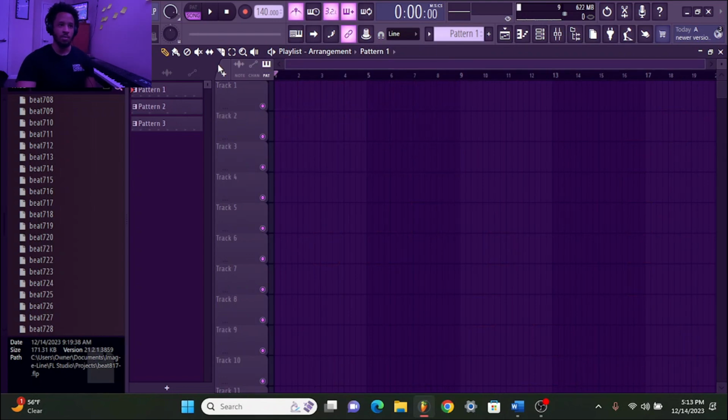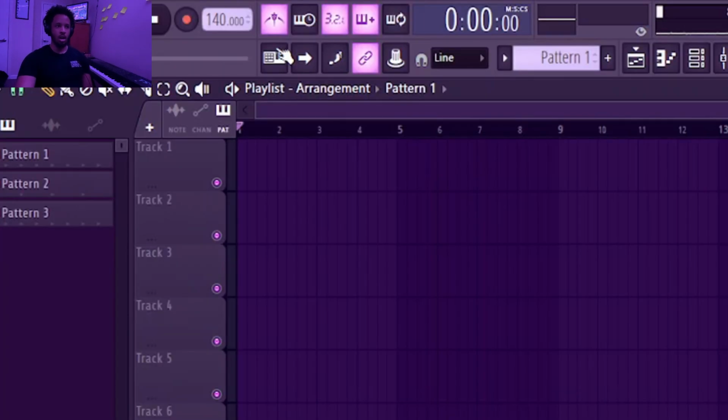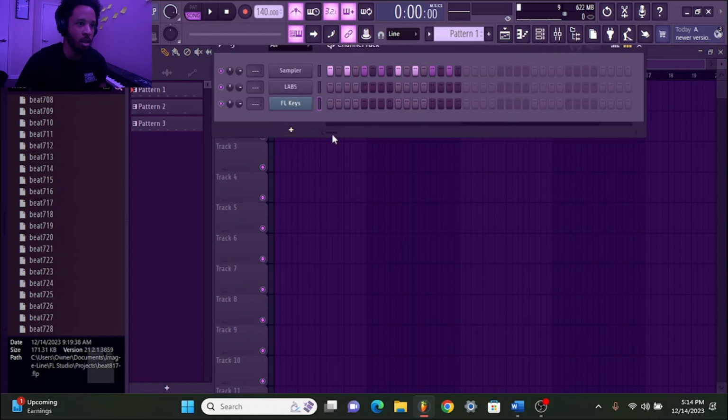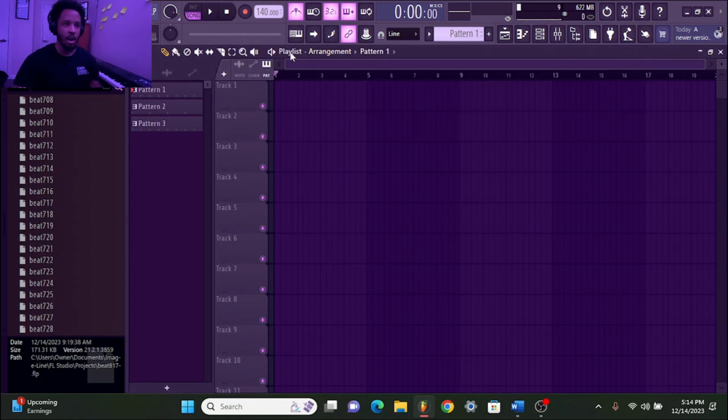Okay, if you push the typing keyboard on, you can play notes with the keyboard. I'm going to go ahead and plug in. You can play notes with the keyboard if you don't have the MIDI. But if you don't have that selected, then a way to use these smart tools is